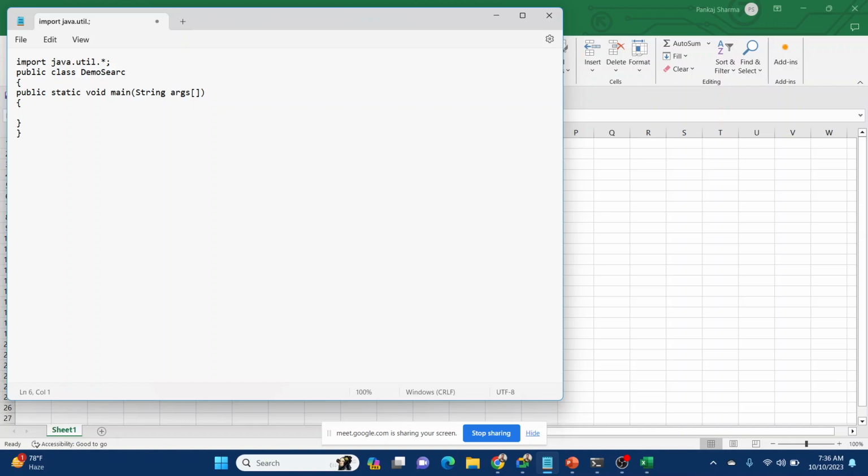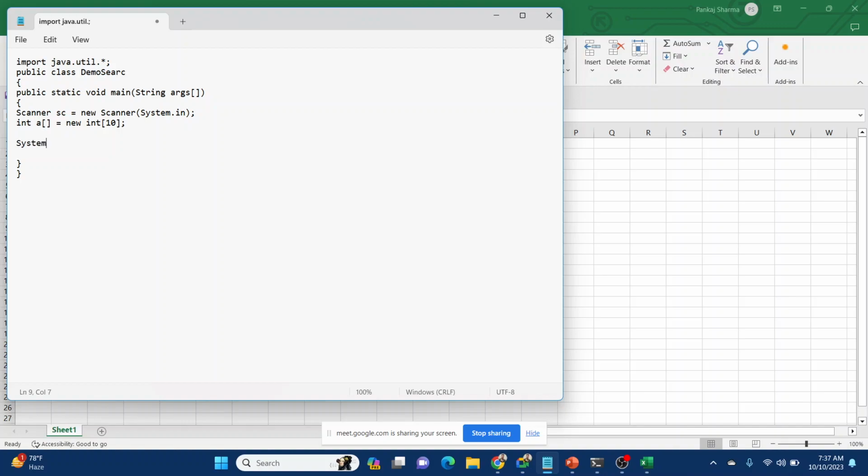Now what will we do? First we will create the object of the Scanner class for taking all the values from the user. Now we'll declare our array of size 10. So the array of size 10 is declared.